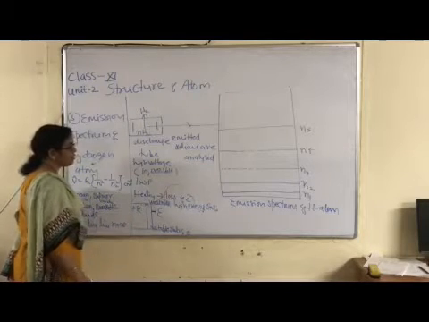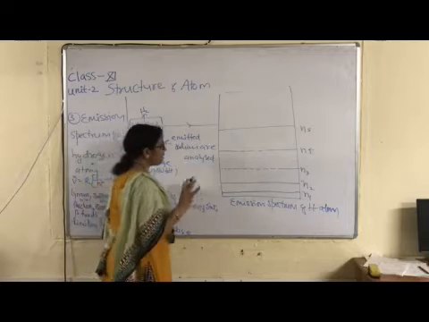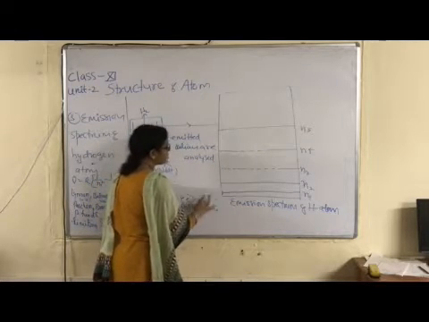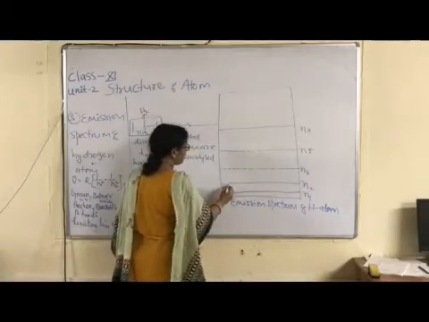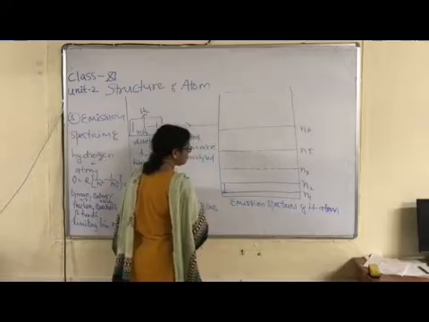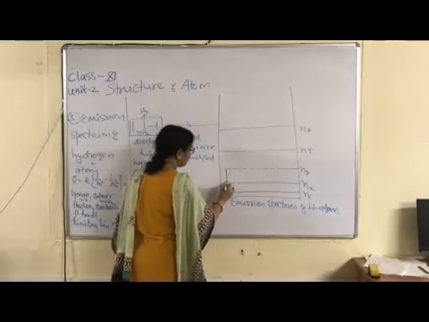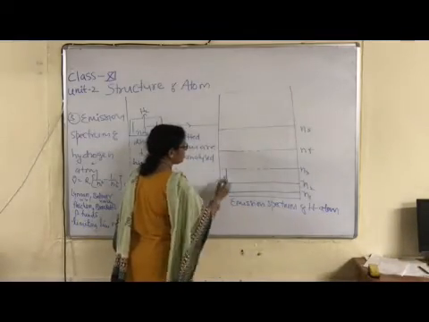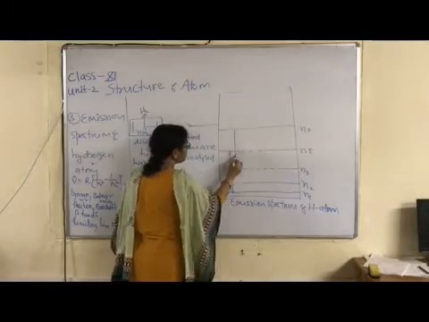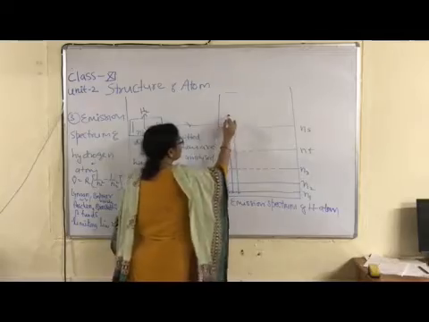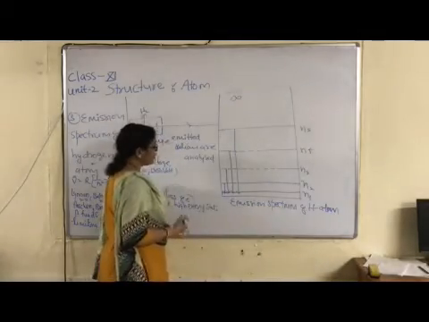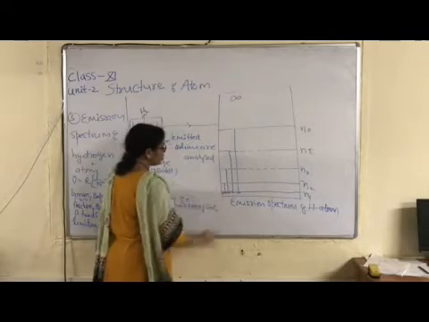Then what happens, children? When an electron returns from any higher energy level to the first energy level. The first higher energy level is N2, from N2 to N1. Right? Next is from N3 to N1. Next one from 4 to this. Next 5 to this. And last was from the infinite energy level. Then what happens? A series of lines is obtained.